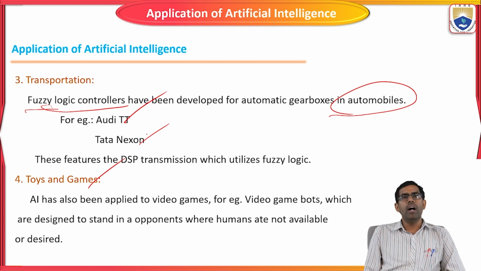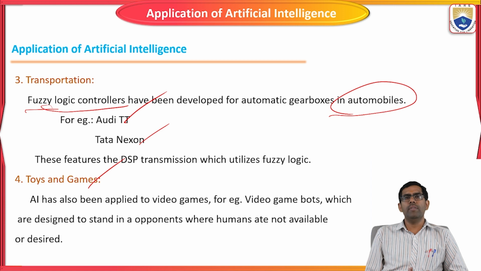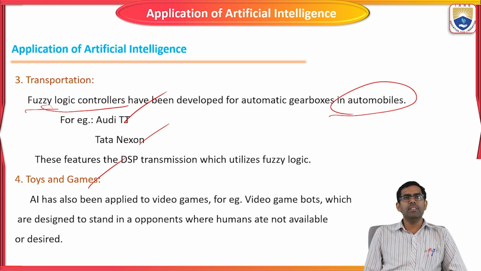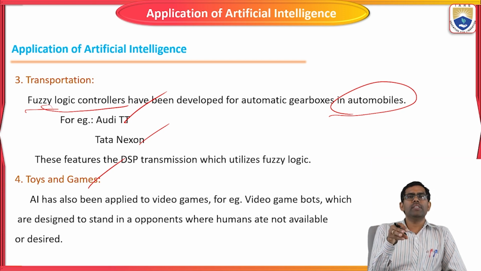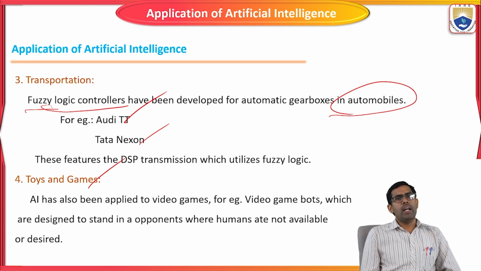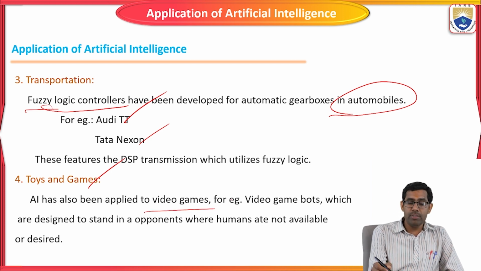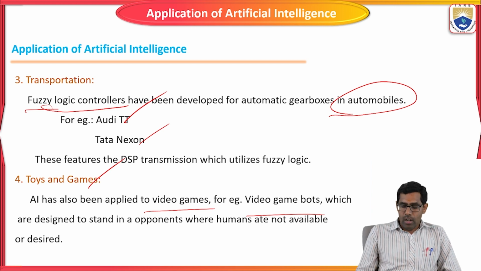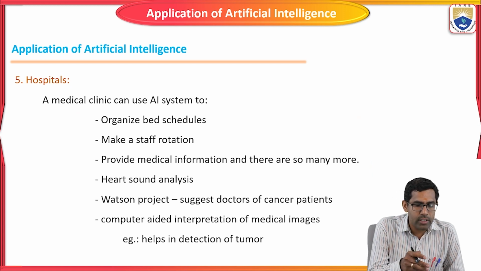Nowadays every kid has the habit of watching videos or playing games on the system. Everything there is designed based on artificial intelligence only. Certain examples are video games, video game bots. Everything is acting based on artificial intelligence only.